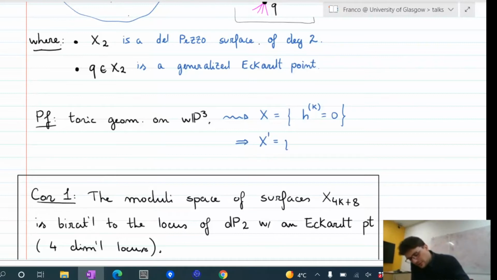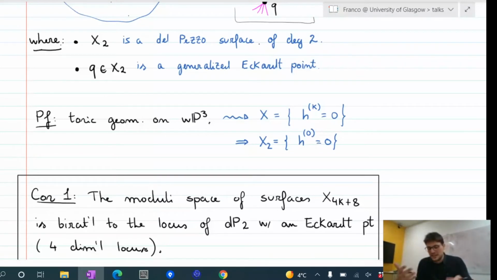What we get out of this theorem is that x2, our del Pezzo surface, is actually determined by the same polynomial when I plug in a 0 for all the k's. So the coefficients defining these polynomials are uniquely determined once you start with x, also for x2,